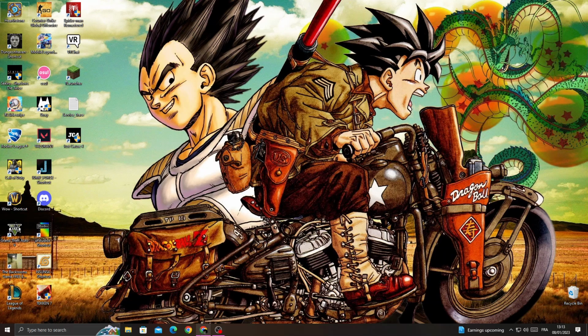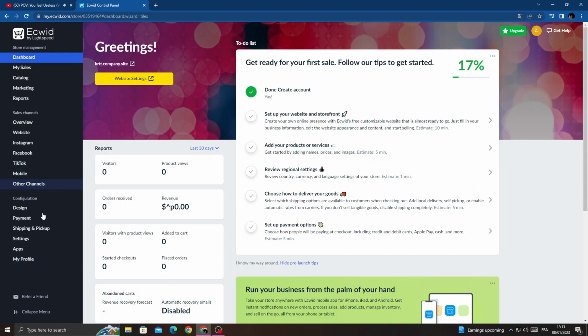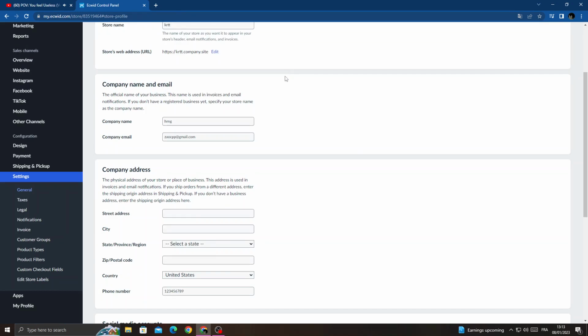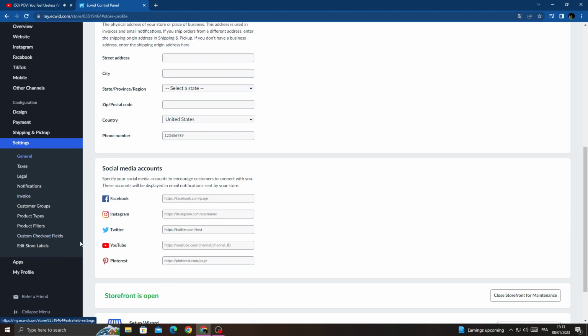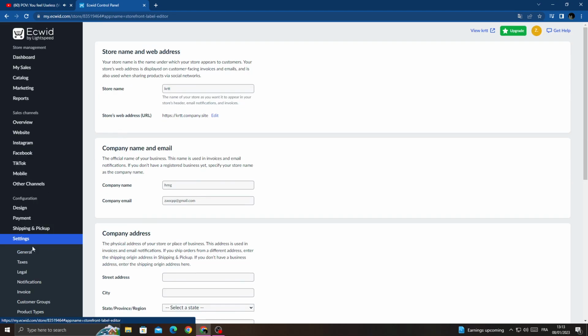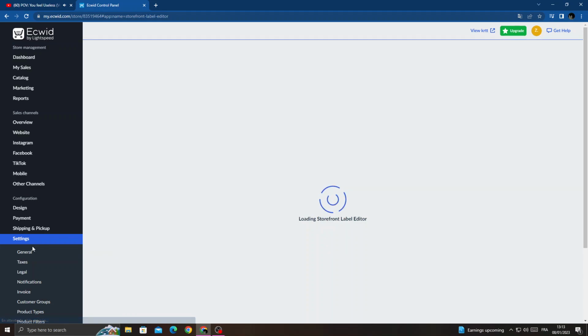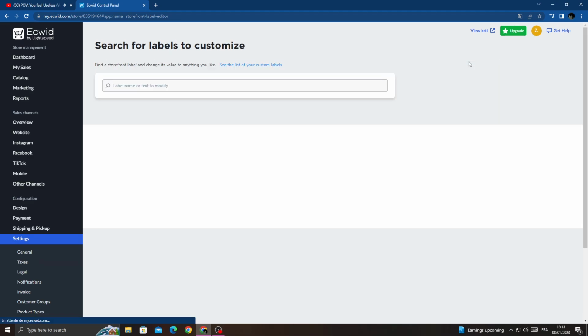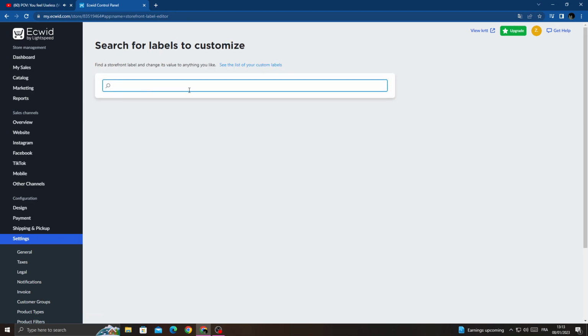First open your browser, and now click on here, click settings, and here we'll find edit store labels. And then answer here, all you need to do is just click get started, and that's it. Now just search for any label you want,